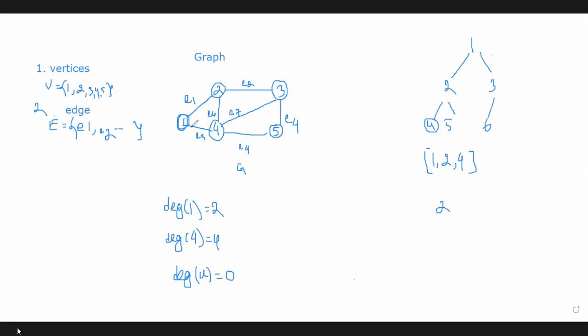Here in a graph, we cannot just find the path length for a single node. Suppose u and v are variables, and u equals 1 and v equals 3. What will be the path length between u and v, or 1 and 3? 2. Very good, 2. Why? Look at this. If 1 is the starting node and 3 is the destination node, then we can use this path for traveling to the destination node. From 1 to 3, there are 2 edges, E1 and E2. That's why the path length is 2.